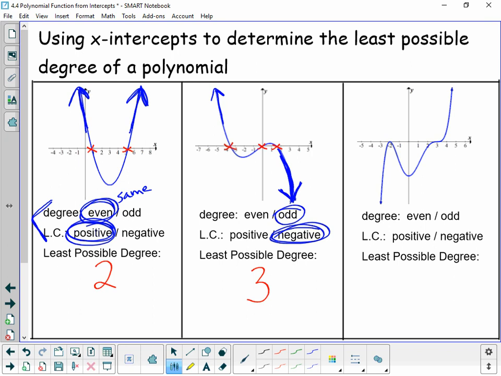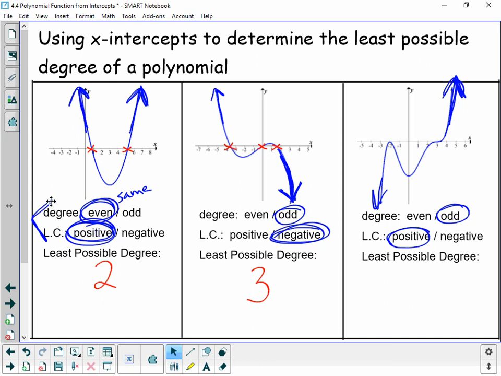Final one. I look at this polynomial and I notice that this end is up high, this end is down low. It's got to be odd. But on the right-hand side, it is increasing, so that would definitely be a positive leading coefficient. The least possible degree of this polynomial, well, we have only 2 intercepts, but